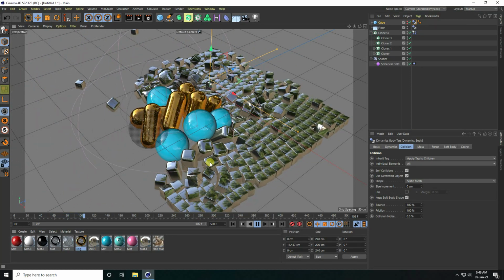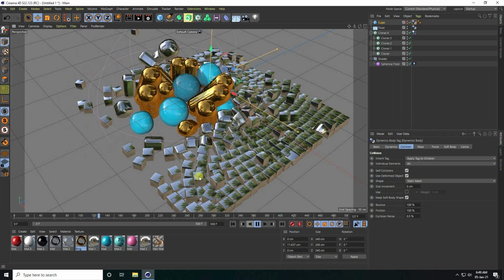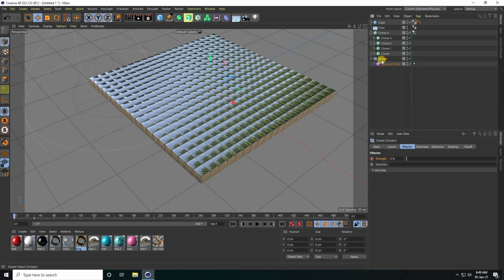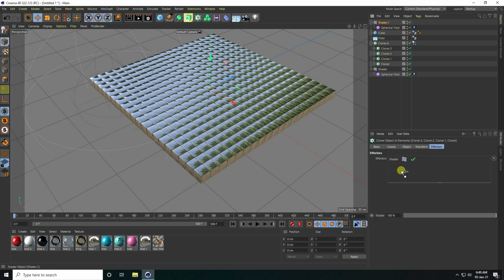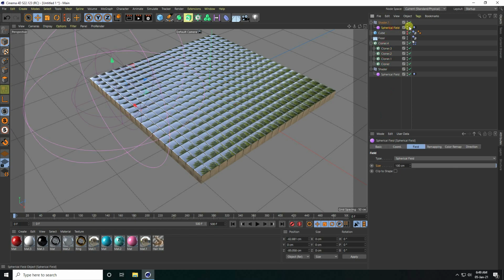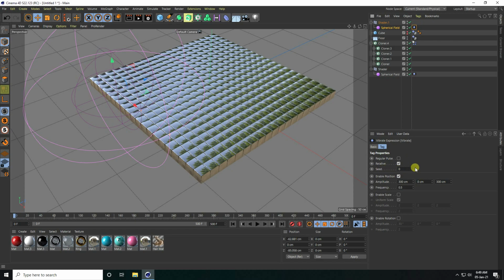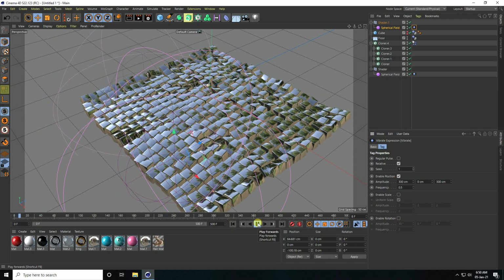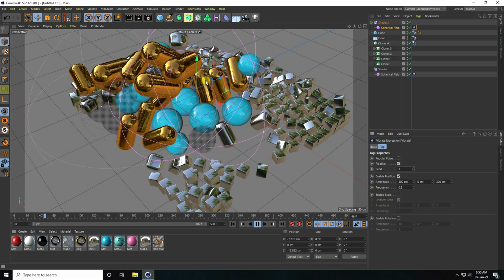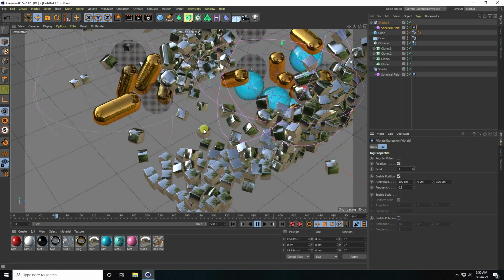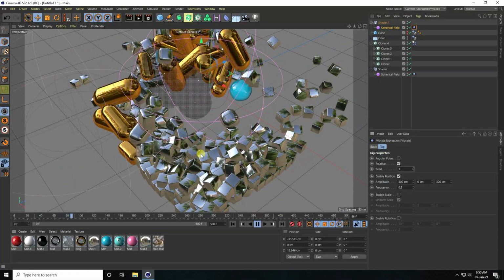Okay, so now you can increase more shader effectors. So stop and select the shader and copy. Select all cloners, go to effector, drag and drop. Select this spherical field and tag and only change seed like this and play. See guys, that's really smooth animation. It's really good. My animation is finished.